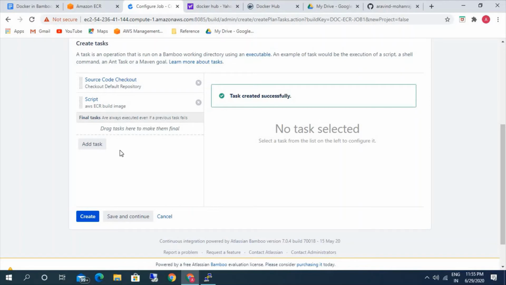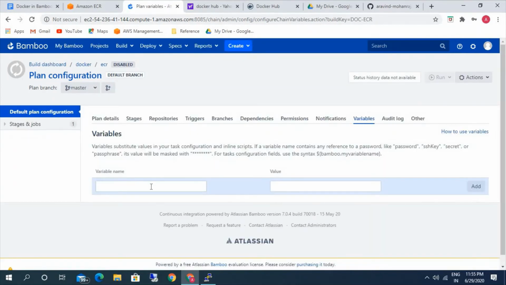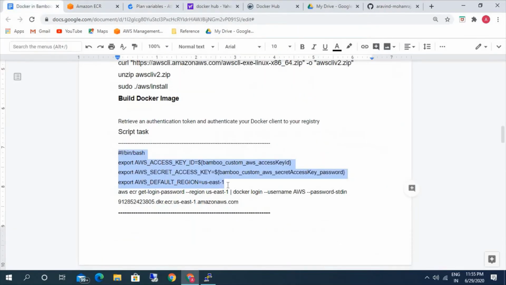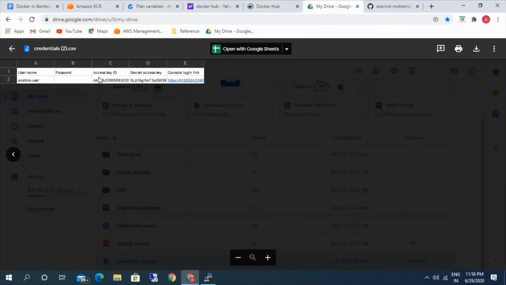We are passing the password through an environment variable, so we need to provide the credentials. We are using a variable here, and the name of the variable would be custom AWS access key. After Bamboo, whatever name we have given, we have to use that.